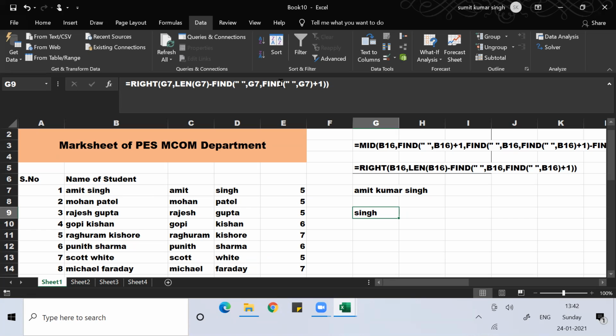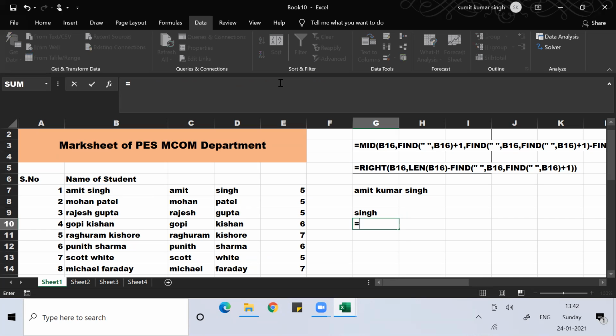So when you're using find, the third thing it will ask you is the start number. Start number means start from K and then tell me the next space. So if you use double quote space double quote, comma G7, comma, then find double quote space double quote, comma G7. So if you see this plus one,